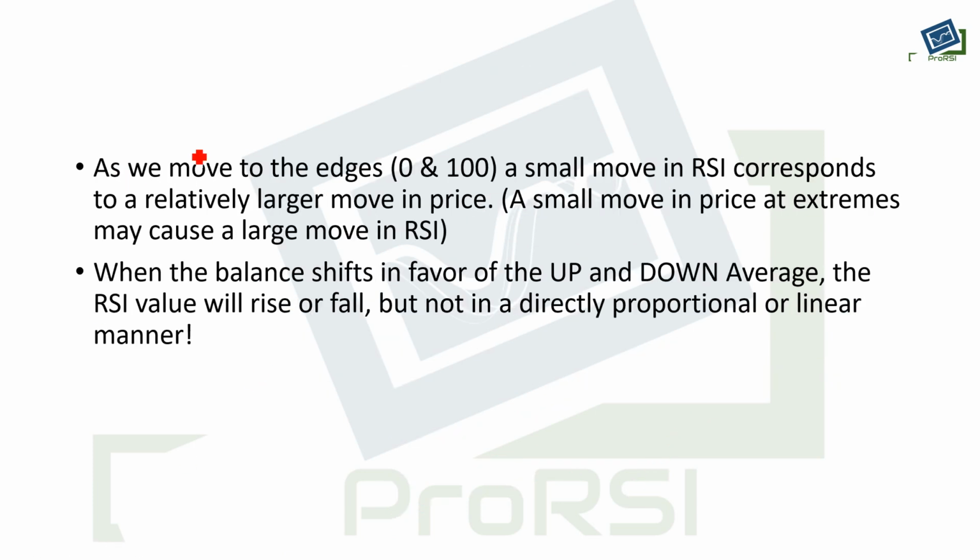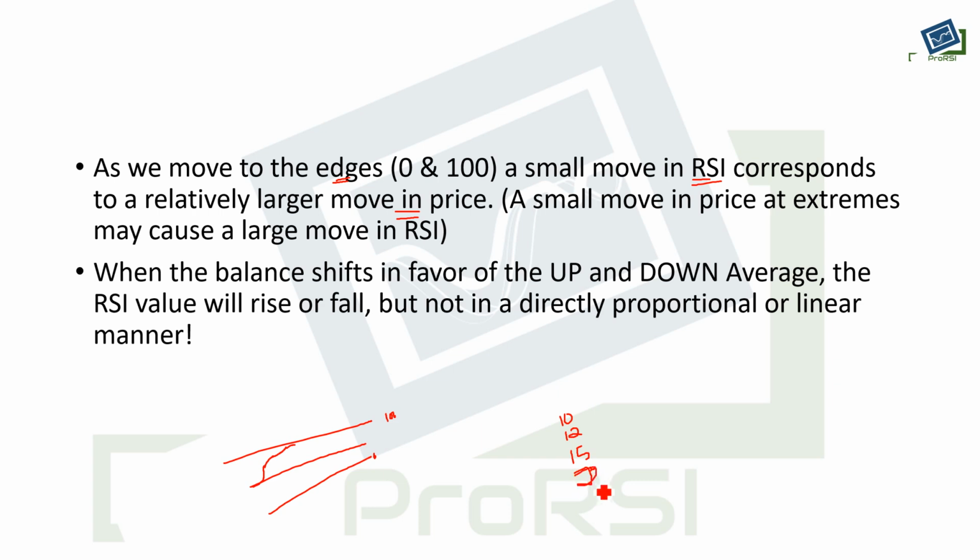So as you see, as we move to the edges, 0 and 100, a small move in the RSI corresponds to a relatively larger move in the price. That means, as I told you, as we move to the 100 level or 0 level on the RSI, suppose we were at 50. Now to take it from 50 to 60, the price needs to move 10 points. To take it from 60 to 70, the price will need to move 12 points. To take it from 70 to 80, the price will need to move 15 points. And to take it from 80 to 90, the price will need to move 20 points, or not 20 points,